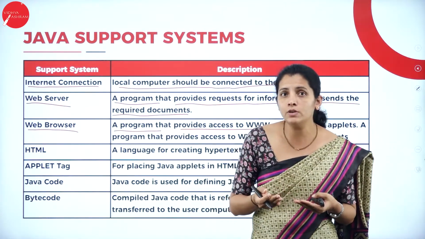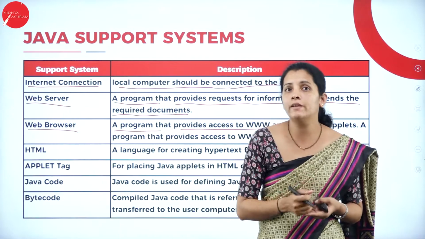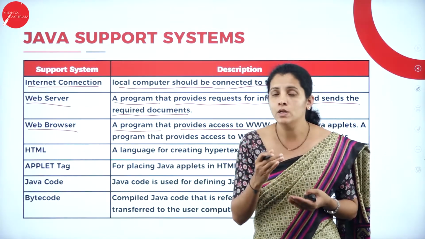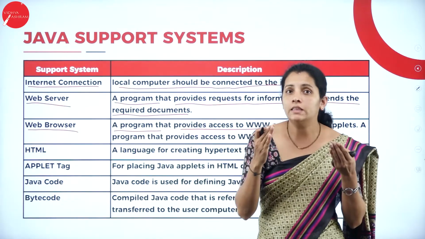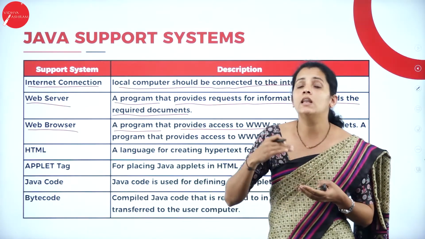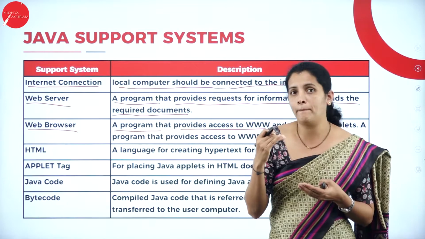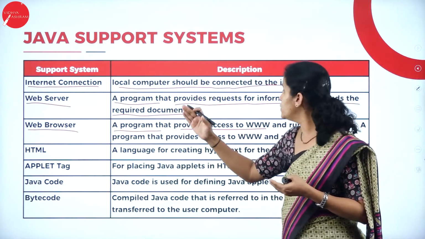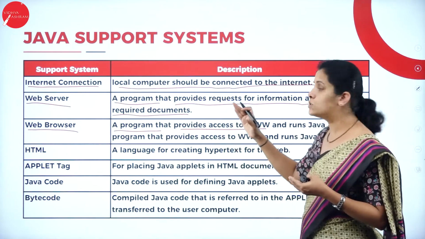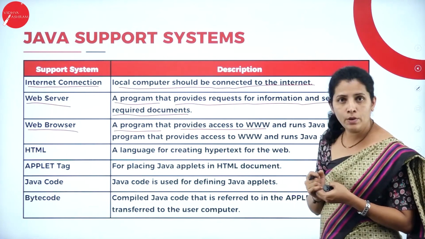So what is www? That is nothing but the World Wide Web. It is a repository that includes a large number of web pages. So it is a program that is mainly used to provide access to www and